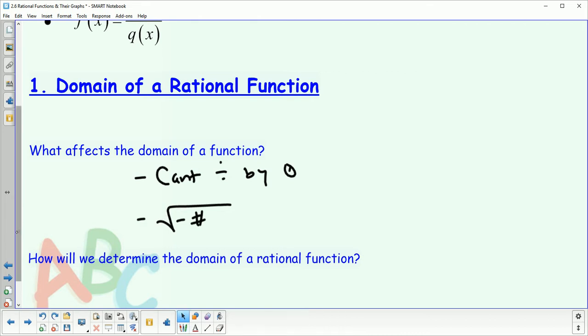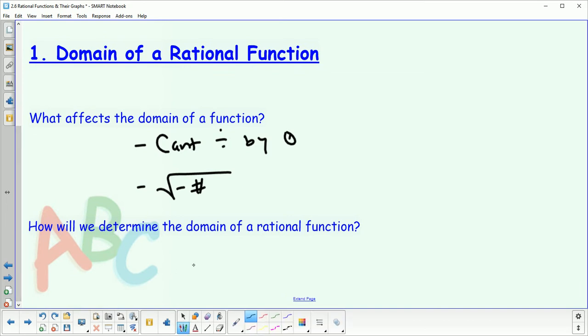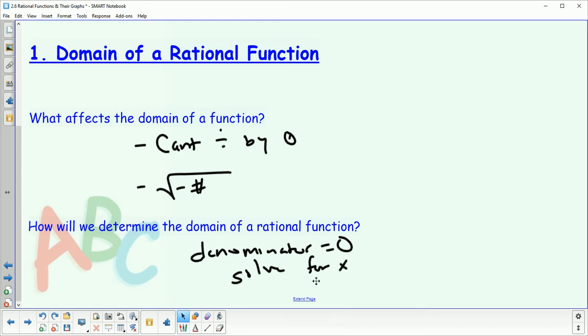So to determine the domain of a rational function, what we're going to do is set the denominator equal to 0, because that's going to be our biggest thing. Rational function is always going to have division. Set our denominator equal to 0, solve for x. And that'll tell us all the values that x cannot be. We won't have any square roots in this section, but if we did, we would also have to say those values have to be positive. But really, we're just going to worry about our denominator being equal to 0, set it equal to 0, and